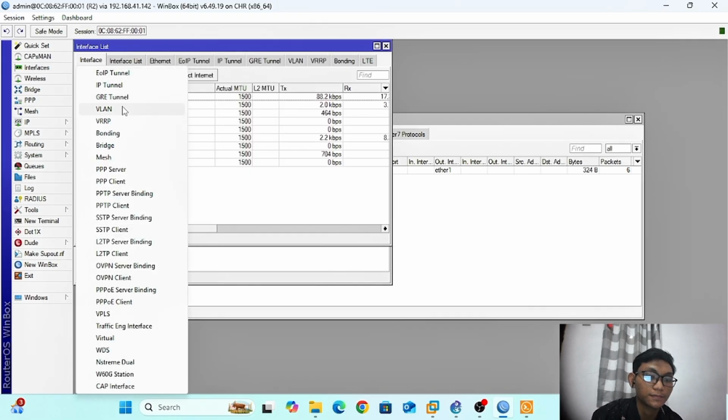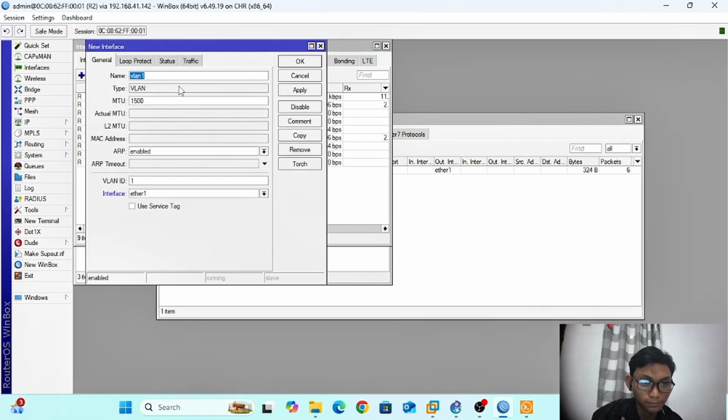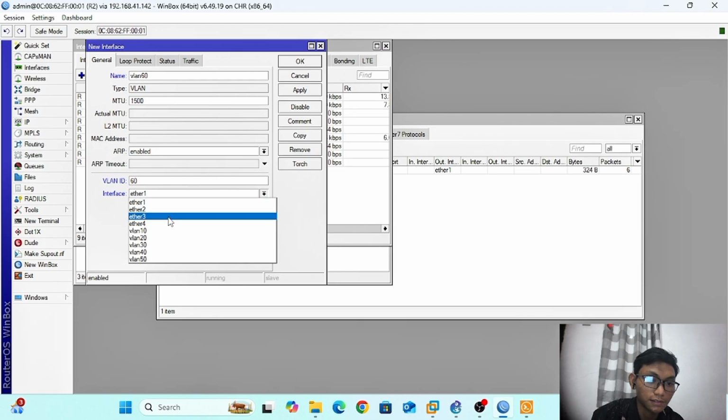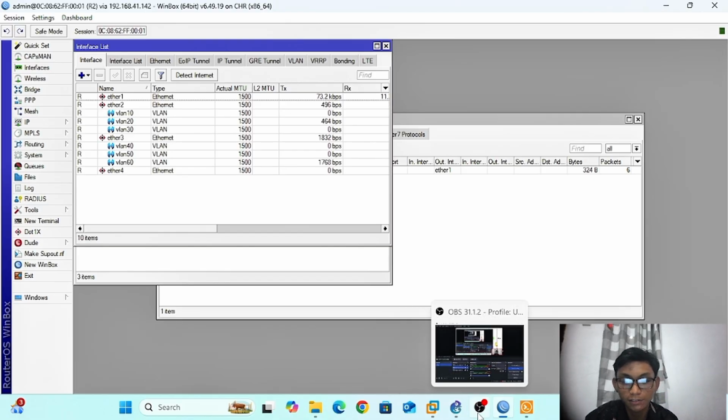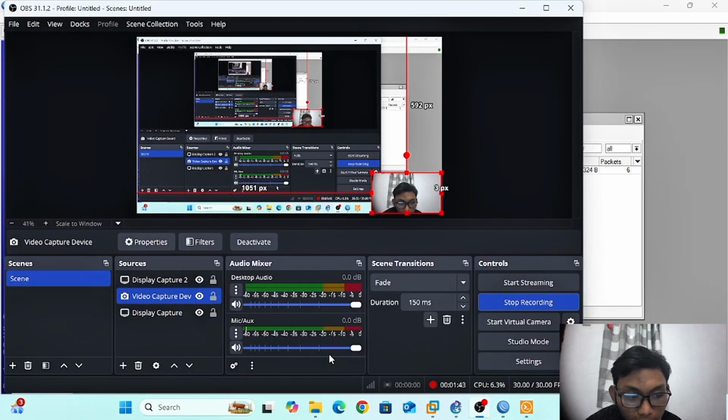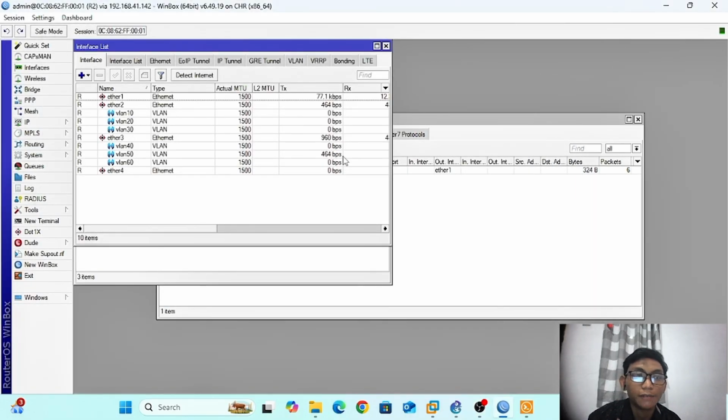Again, VLAN 60, ether 3. Apply. Wait, we check it is running. I'm sorry.